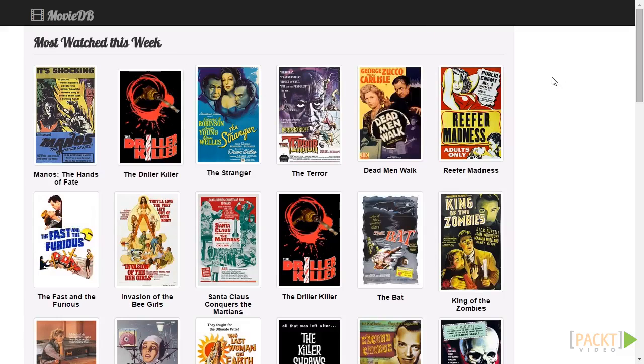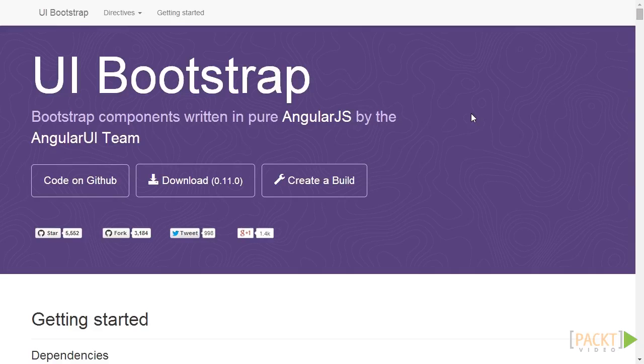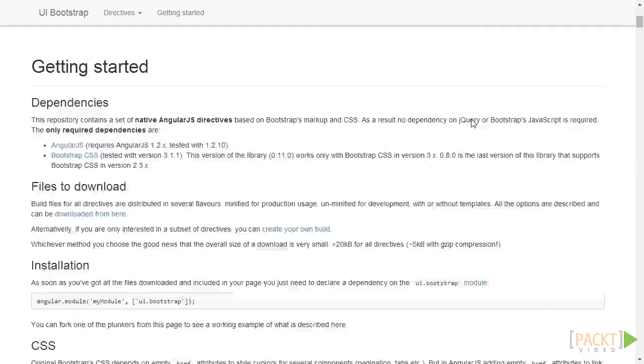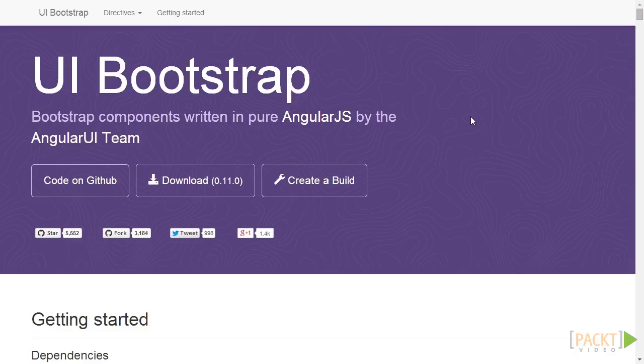Now for the next step, pay attention to the fact that our gallery is showing every single movie on the list. We don't want that to happen, so what about adding some pagination to it? Bootstrap happens to have a pagination component that can help us out with that. Remember that I previously mentioned the project called Angular Bootstrap or UI Bootstrap? This project is basically an Angular module that implements all the Bootstrap JS components using pure AngularJS instead of jQuery